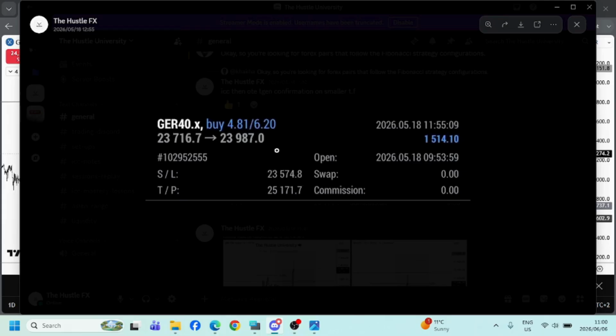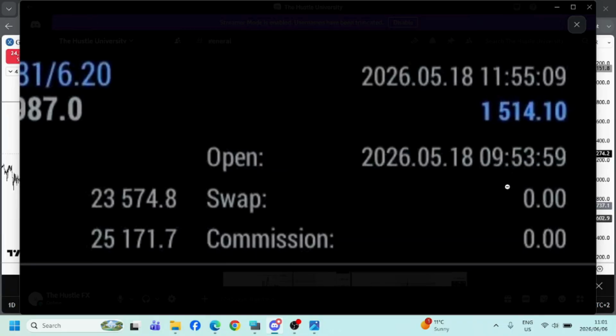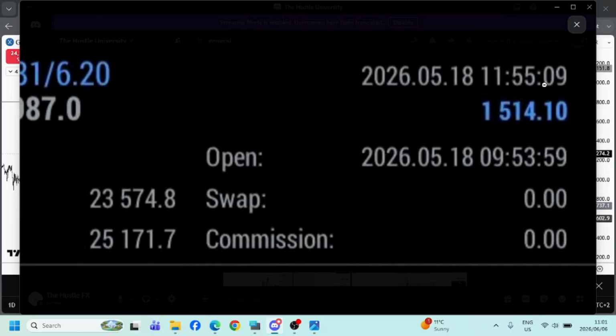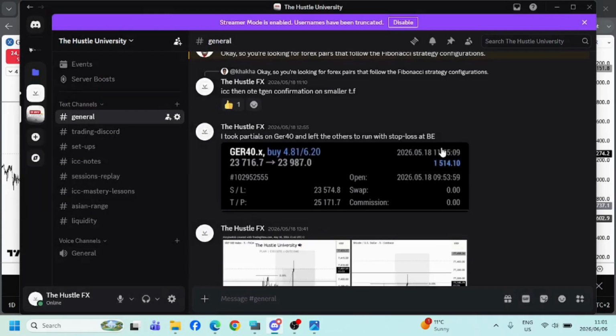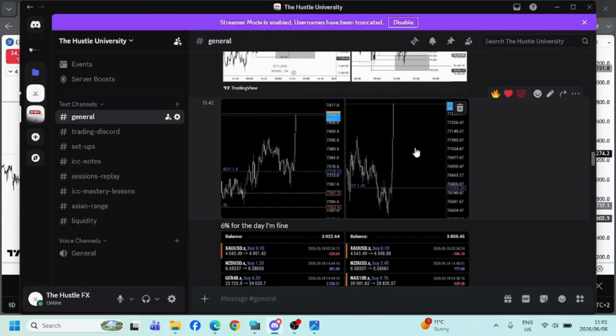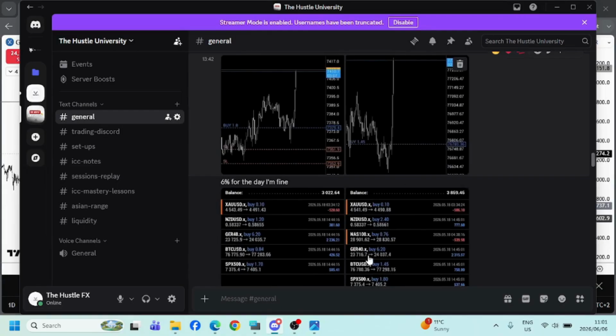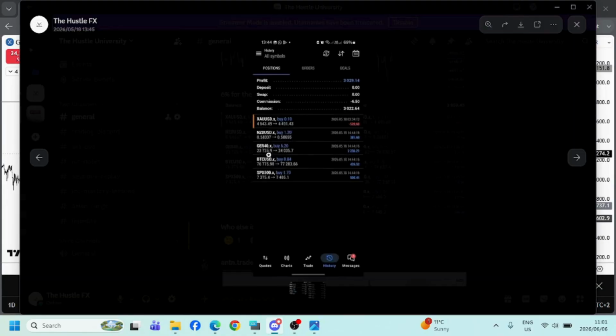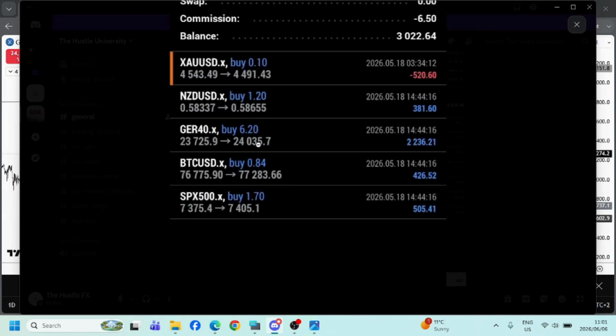Also, I took some partials. You know, I took some partials at the end. As you can see, my entry was 23,716, and then my stop loss was just below the lows, and then my TP was at the high, right? 25,171, right? So as I took my partials, I took just about 1,500 because I was probably up $2,000, and eventually I didn't end up holding the trade all the way. So as you can see, I ended up closing the trade overall at 24,035, and then obviously taking total profit of